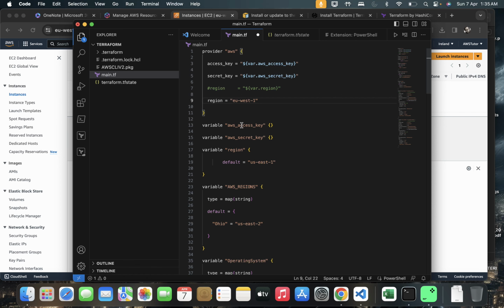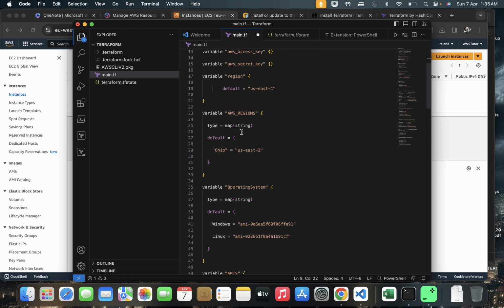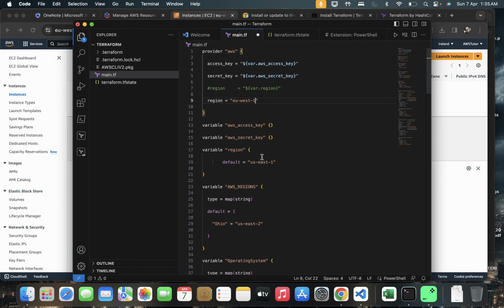Here we are referencing the AWS access key, AWS secret key, and region. The default is this, so I can change it to EU West 1. You might notice that there are some duplicate variables declared here which we don't need, but